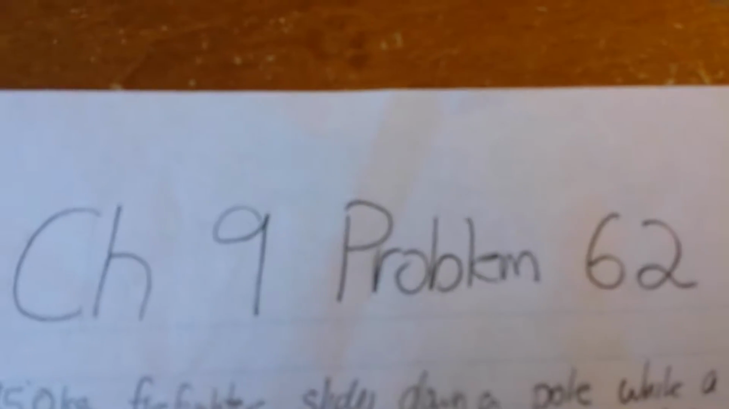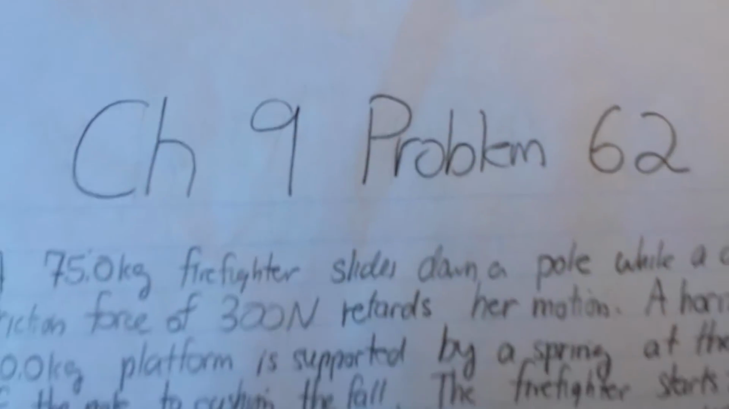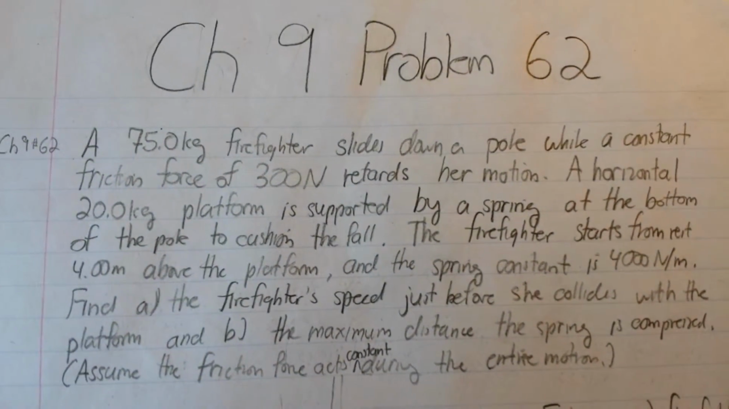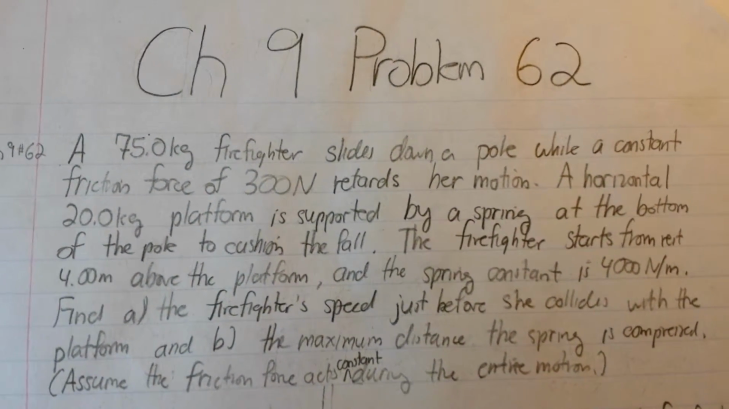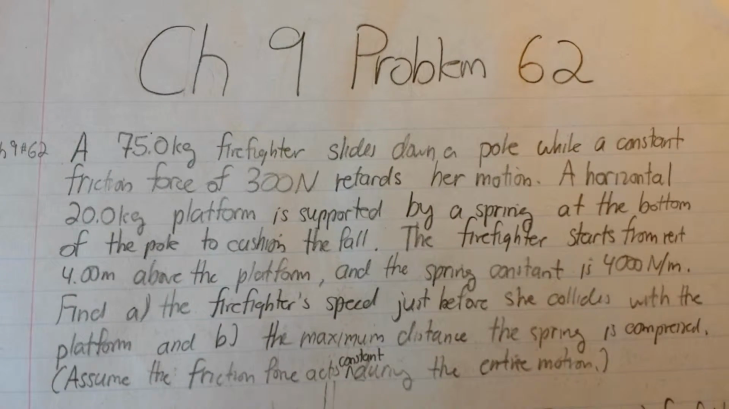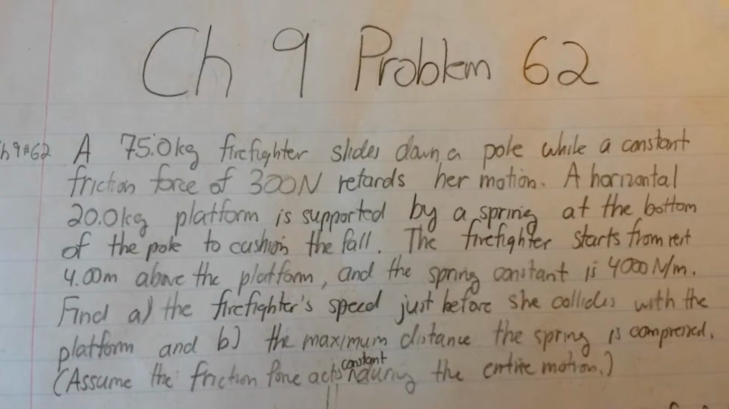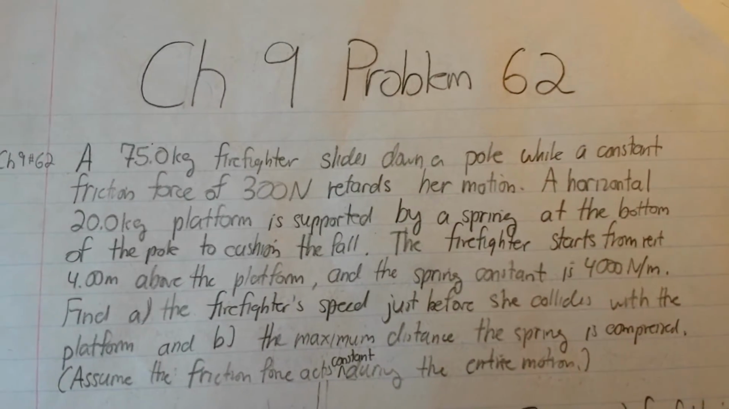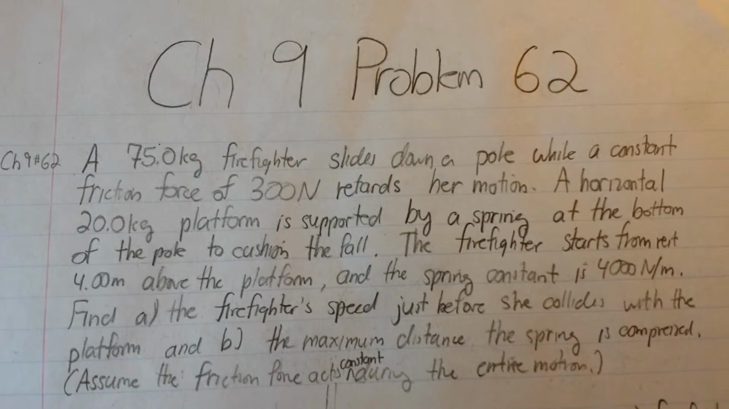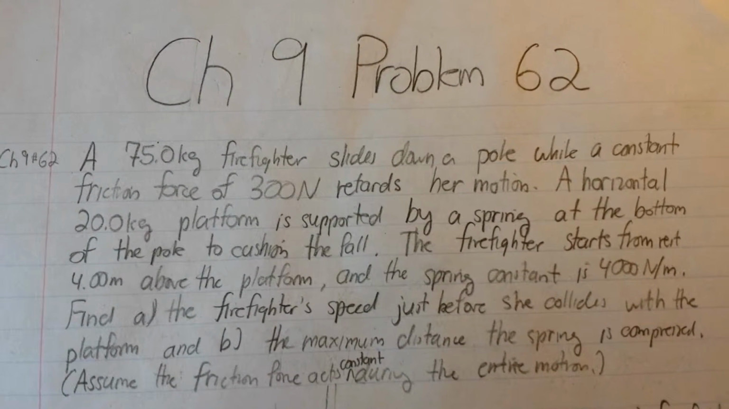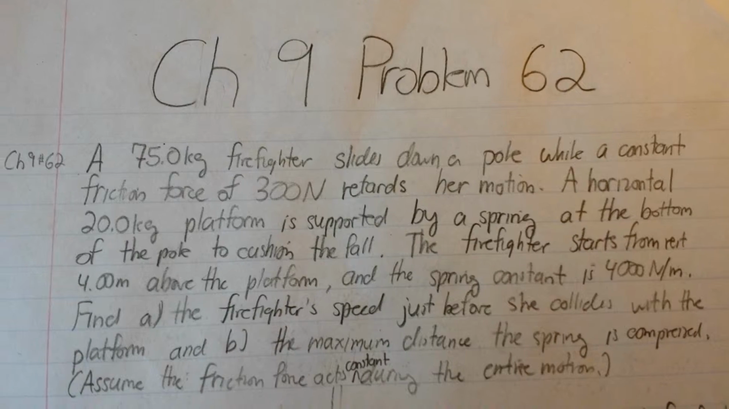This is Chapter 9, Problem 62. The question reads, a 75 kilogram firefighter slides down a pole while a constant friction force of 300 newtons retards her motion. A horizontal 20 kilogram platform is supported by a spring at the bottom of the pole to cushion the fall. The firefighter starts from rest 4 meters above the platform, and the spring constant is 4,000 newtons per